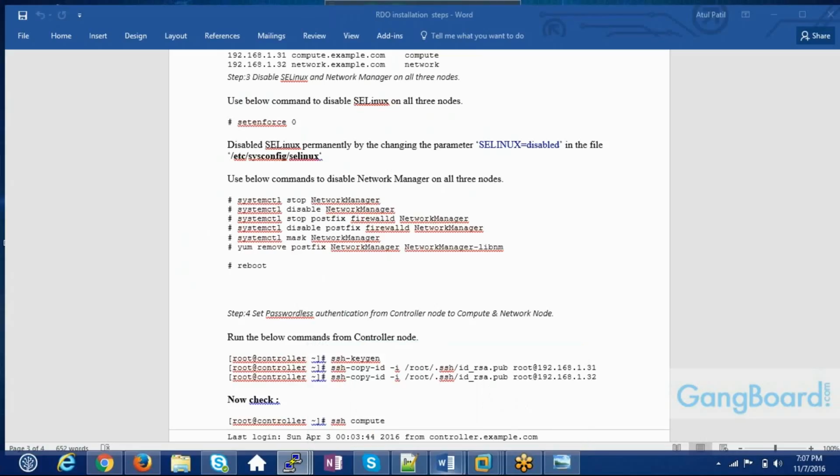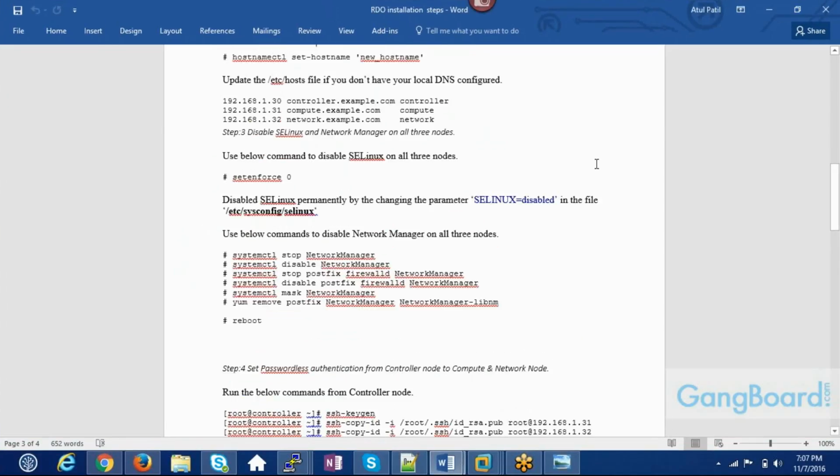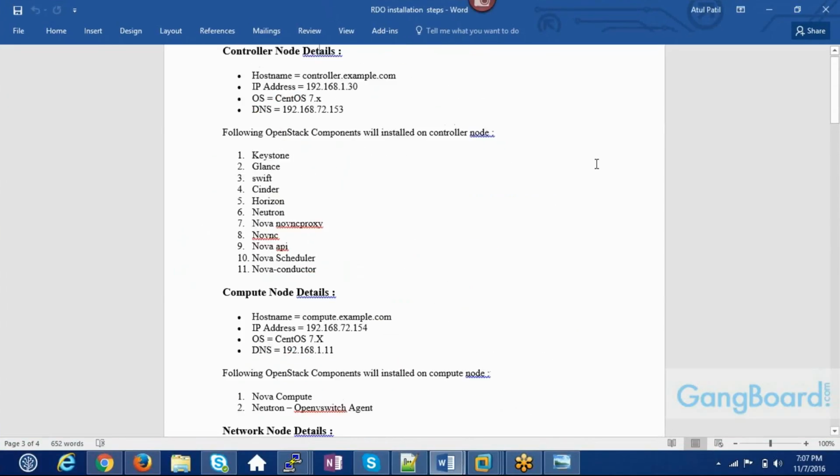Okay, so how to do the installation of RDO? Here I created one presentation. On the controller node, we have to set the host name, anything. I am setting controller.example.com. You can set controller.x.com or some other domain name. The IP address will be different. We're using CentOS 7.2. DNS is not mandatory. On the controller machine, we're installing Keystone, Glance, Swift, Cinder, Horizon, Neutron, Nova Proxy, Nova API,